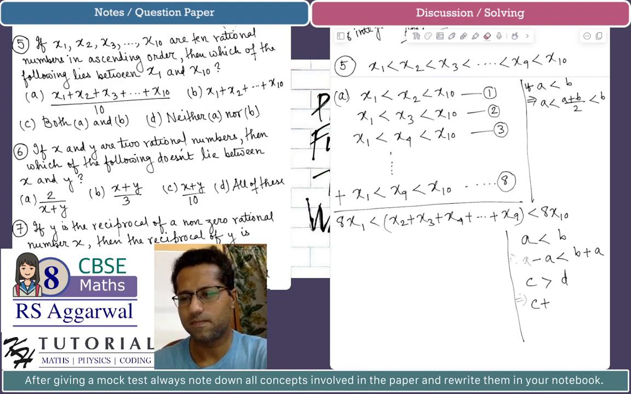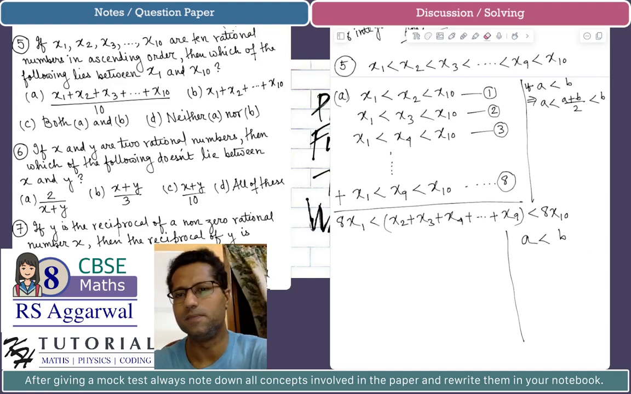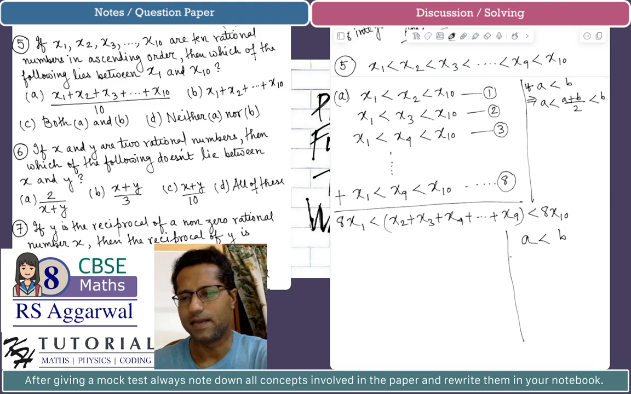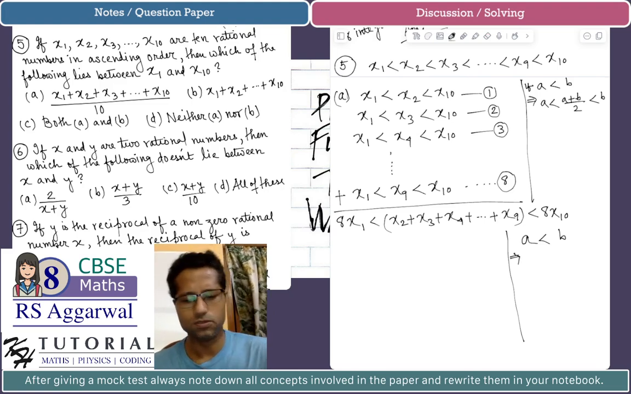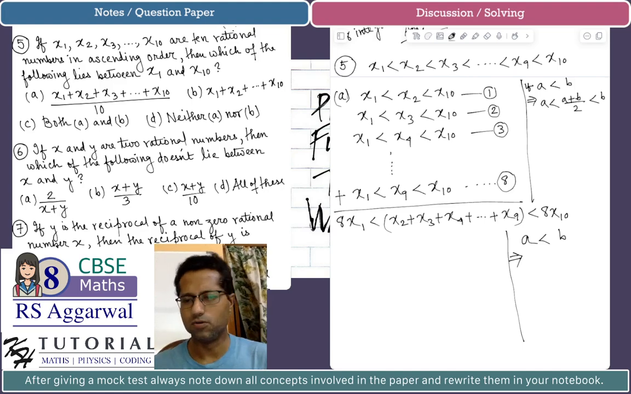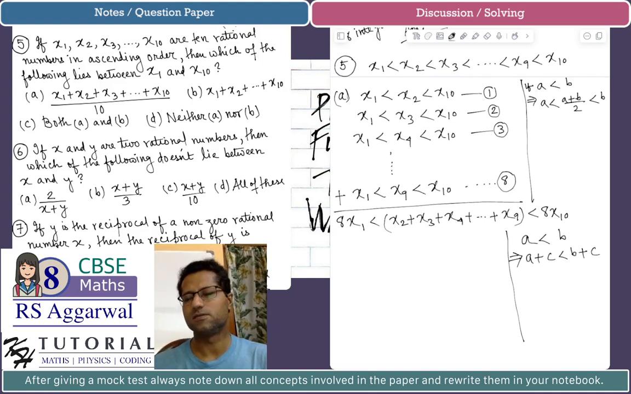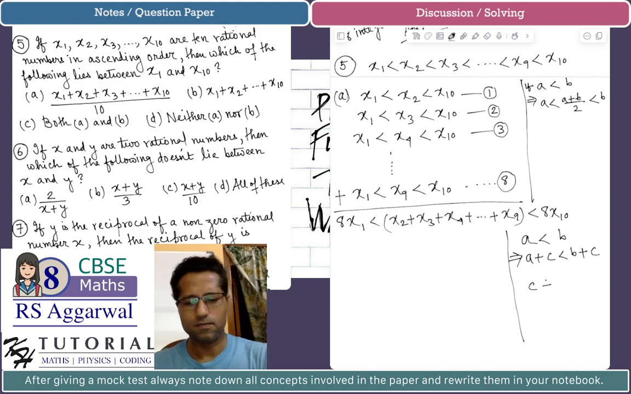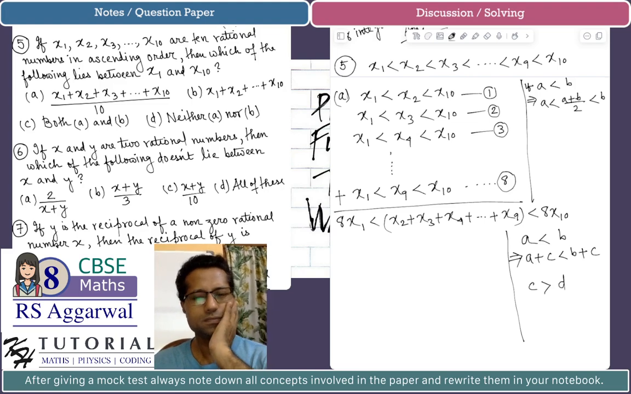The result is, if you have a less than b, I can add any non-zero number on both sides. If I add the same non-zero constant or number on both sides, the inequality will remain the same. I can say a plus c is less than b plus c. Similarly, if you have c greater than d,